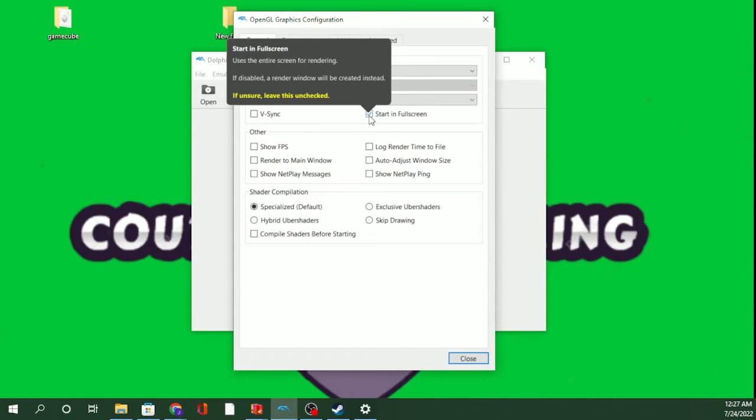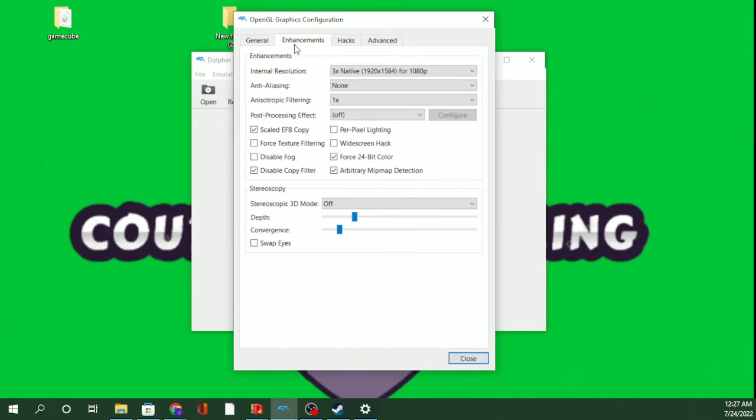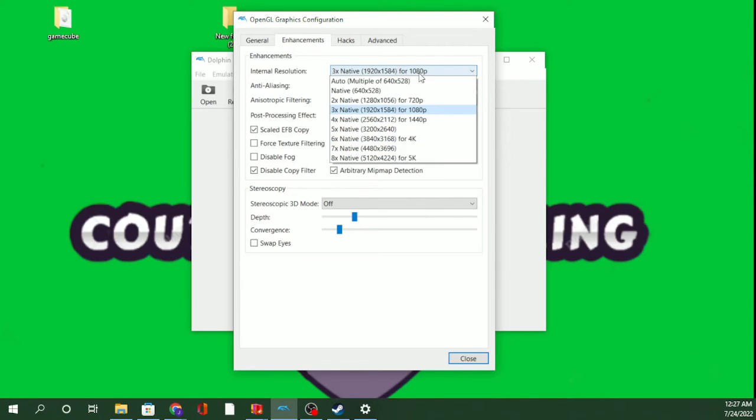If you want, every time you load into a game, you can click this box here to start all your games in full screen. You also have a couple other settings here that you can go ahead and play around with. If we go into our enhancements, we can go into our internal resolution. You have the choice to go from auto all the way up to X8 native